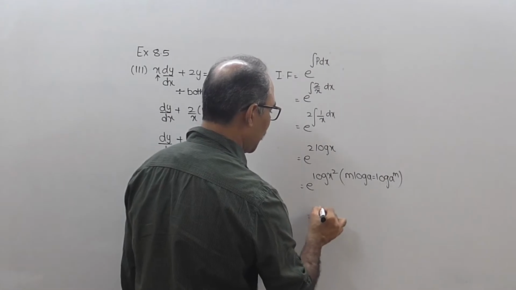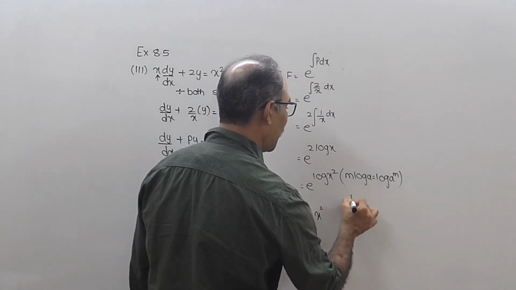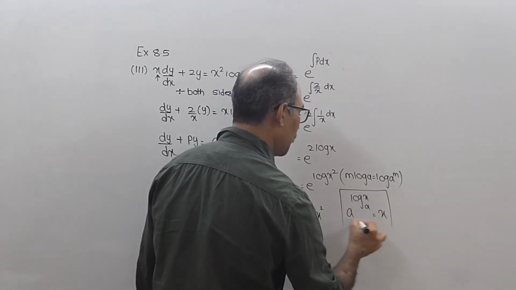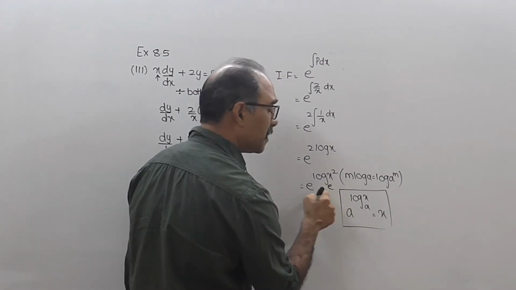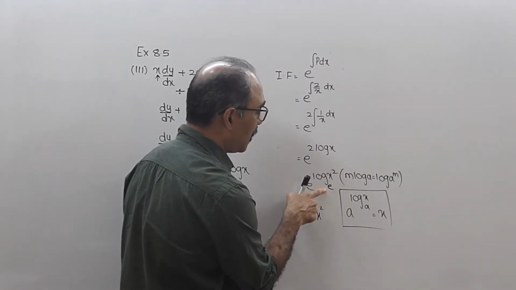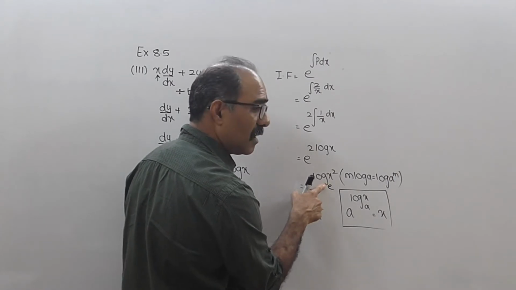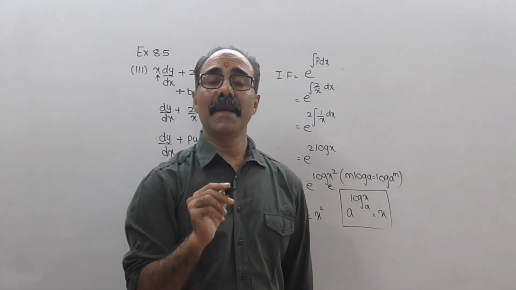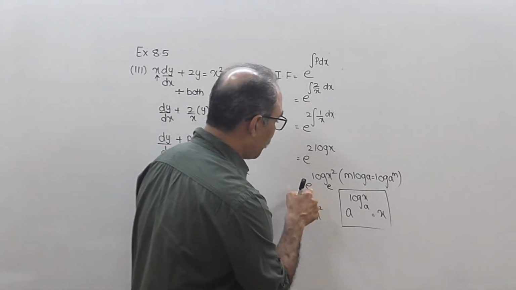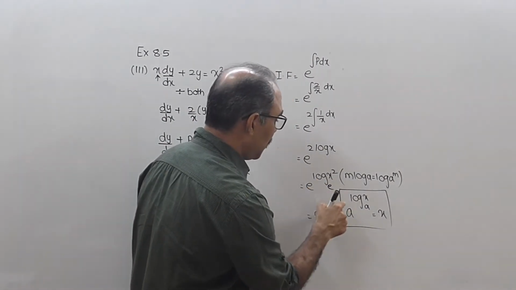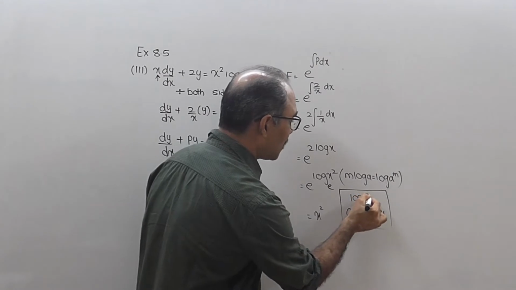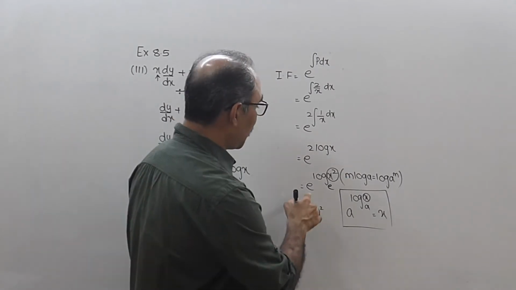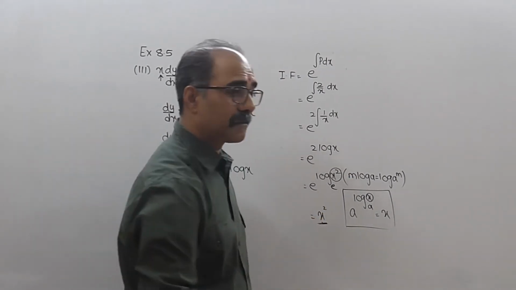Now this is nothing but x square, because there is a formula: a power log x to the base a equal to x. If we are using that format, there is an e which is always there in the base of this log. If I say log x, it means that it is to the base e. If nothing has been given in the base, it means that it is to the base e. So if you compare this, the answer is x, and here the answer will be x square. So that is why you get this as x square.